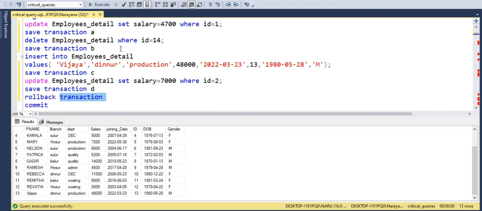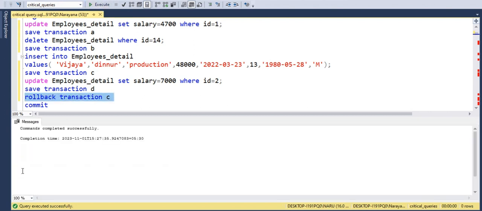Now if I give only rollback, all transactions will roll back, and whatever updates we have made will not be saved in the database. Consider if I roll back till transaction C, whatever changes we have made till transaction C will be updated in the table, and whatever update we have made in transaction D will not be saved in the table. Let us execute this syntax. Let us roll back the transaction till C. Once I execute this syntax,